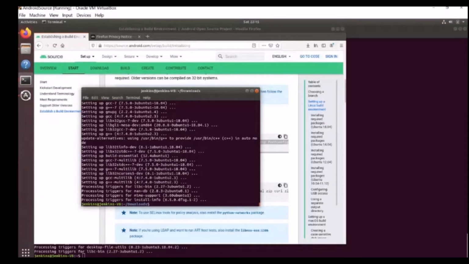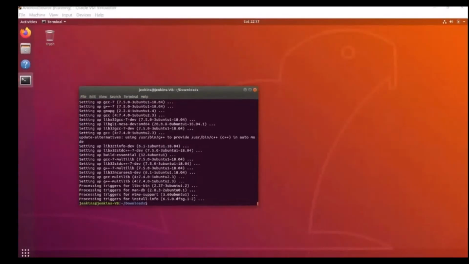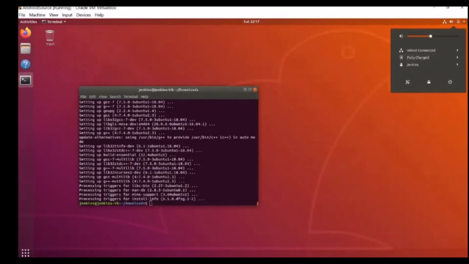Now we are all set to fetch the source code. Just do a reboot of the VM.